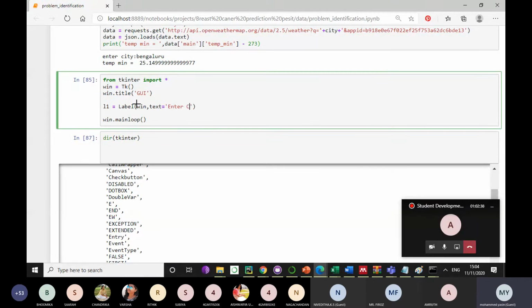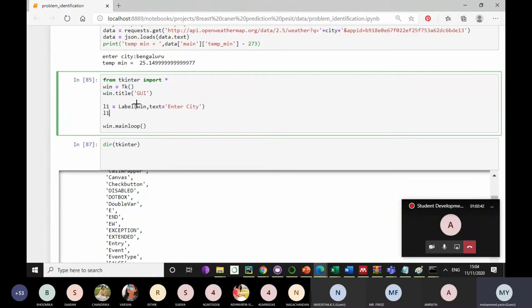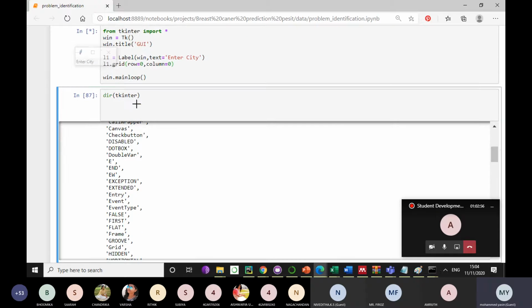Where do I need to place this? I want it to be here, row 0 and column 0. If I run this, you can see "Enter city" has come. So please try this now.